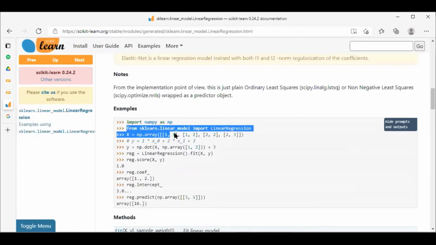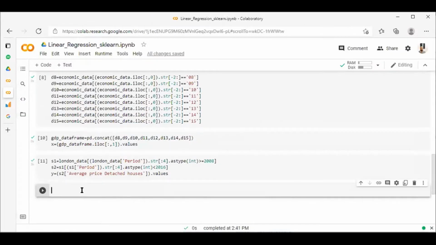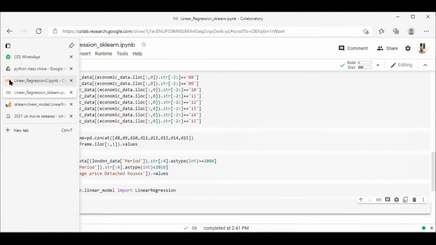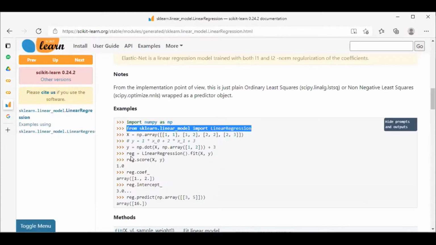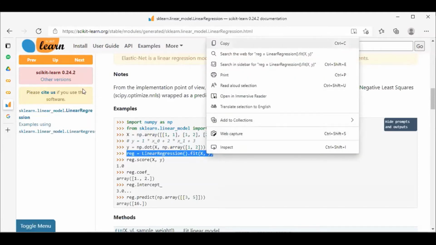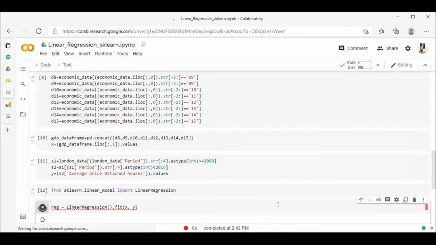So this is the function from sklearn.linear_model import LinearRegression. I don't need that linear regression formula because this particular code is going to do everything. So this is how to use the code. This is the regression model. Regression equal to LinearRegression().fit(X, y). So our X, y in our case is this X and y. Once you run this,